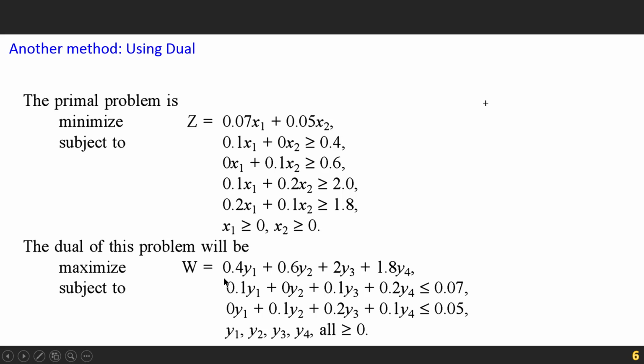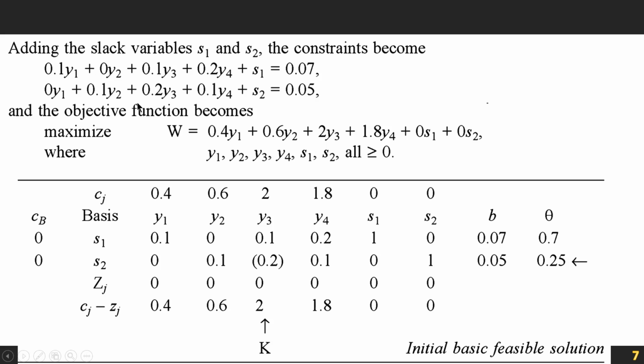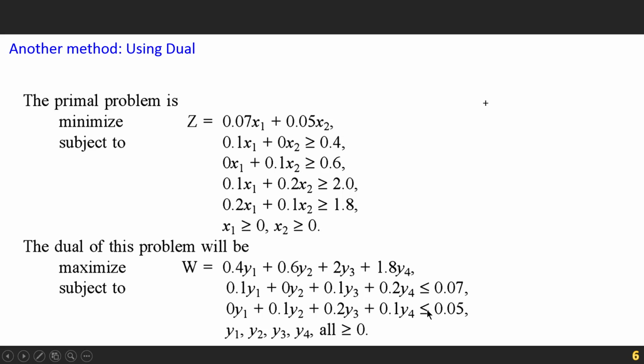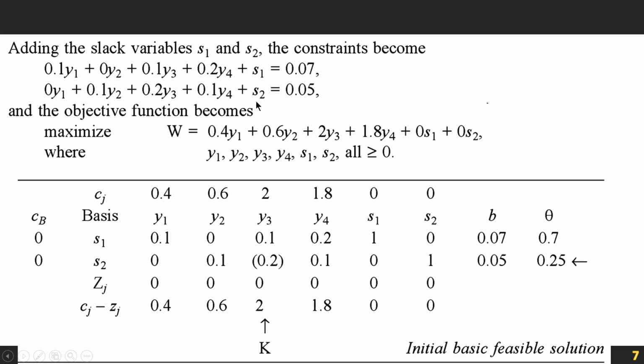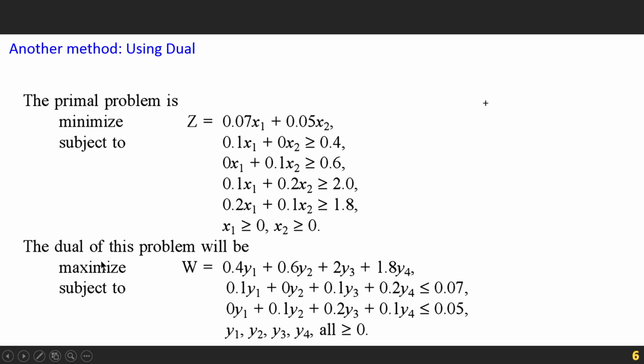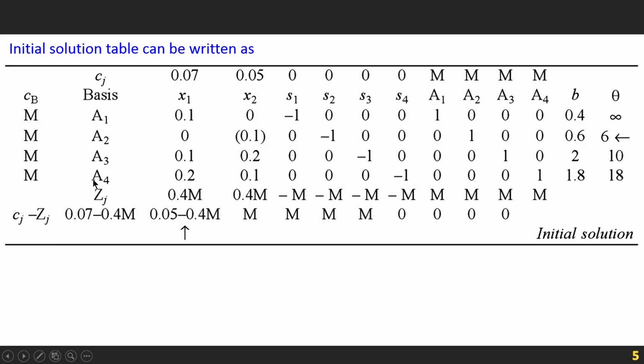Now look at here, there are only two constraints. Here how many constraints? There are 4 constraints. Now if you just add the slack variables, because it is less than or equal to type, slack variables will be added, and then we can maximize. And you see the size of the table, only 2 columns are there, s1 and s2 basic variables, but in this case you see basic variables are total 4 and a lot of calculations will be involved.